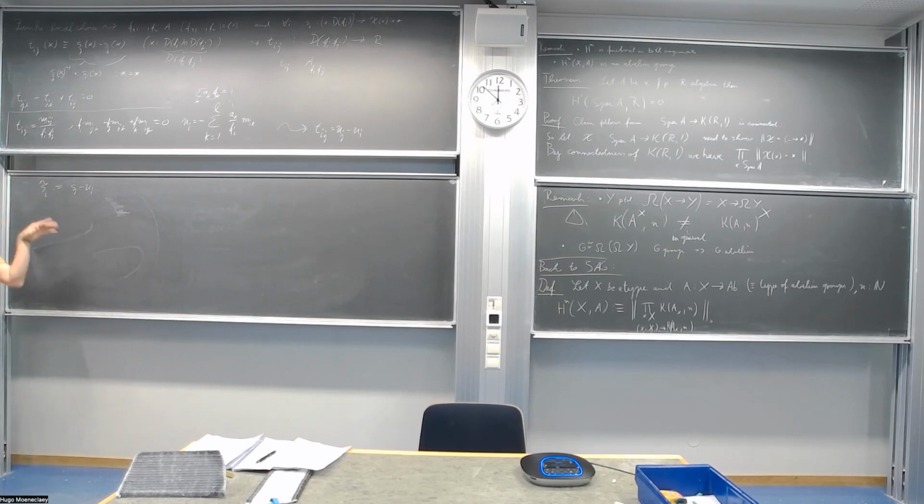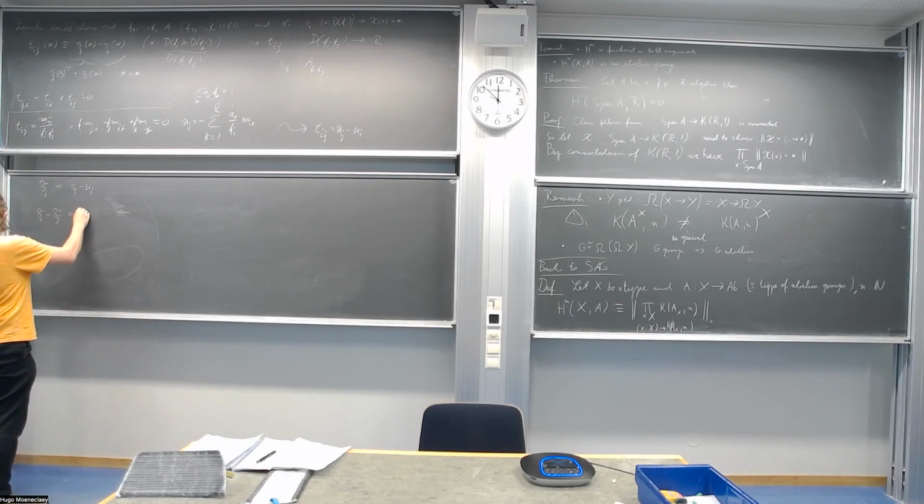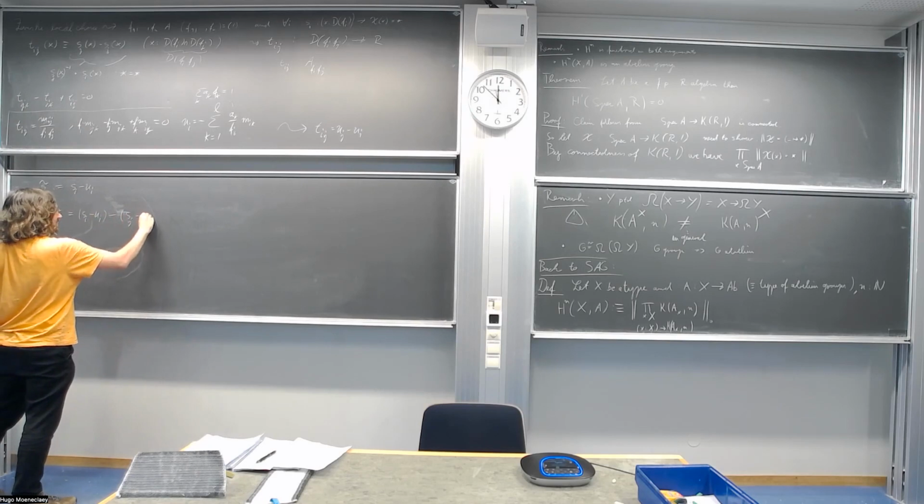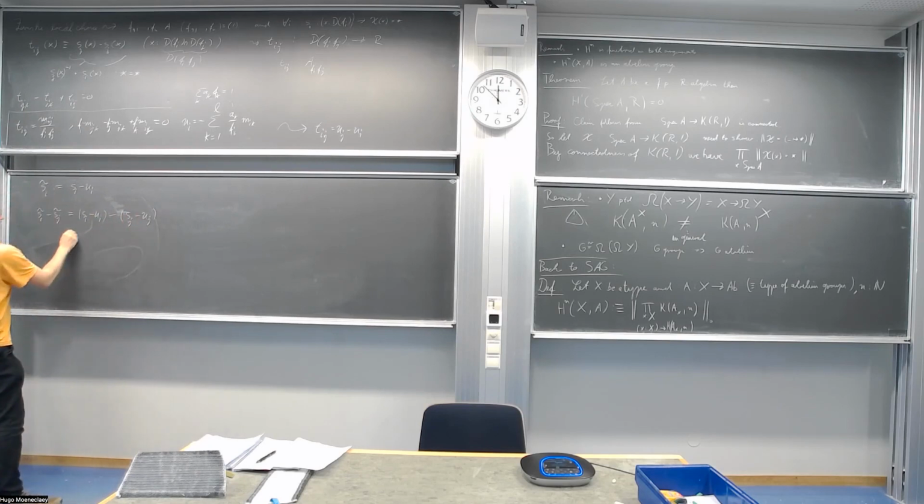So if all the signs match up the right way, then we should have Si minus Sj. We can just expand now. So this is this minus Sj minus Uj, and then this and